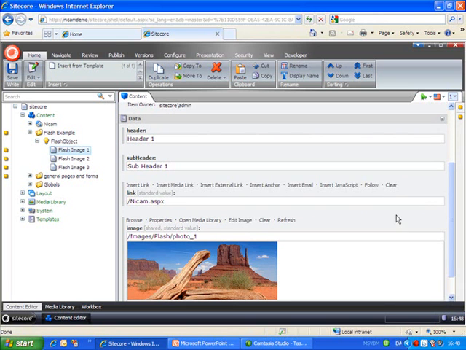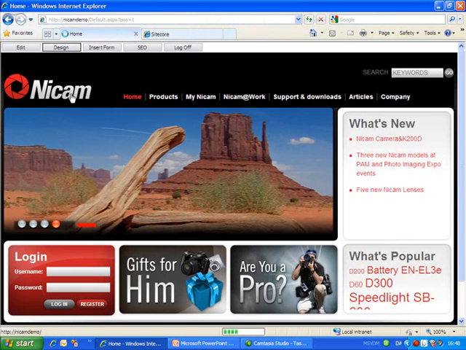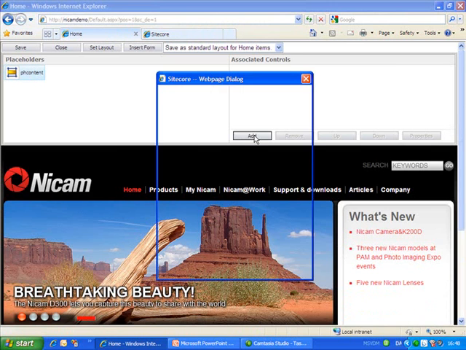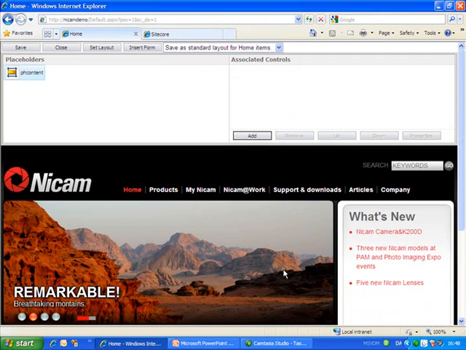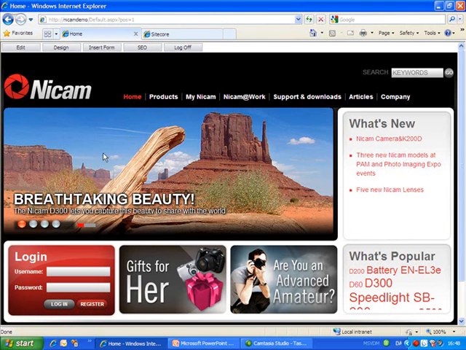Now go to the site and enter the design mode, the page designer, and for the placeholder we will add the Flash rendering, but seeing that we already have one, let's just stick with the one we got. So basically this is what we will get. So let's try going to the edit.